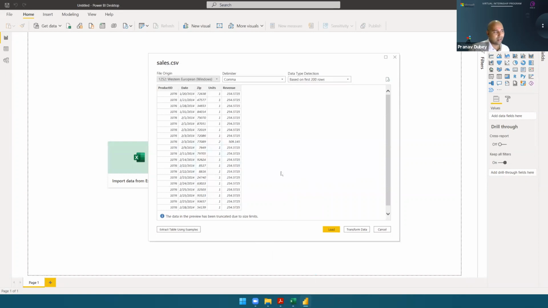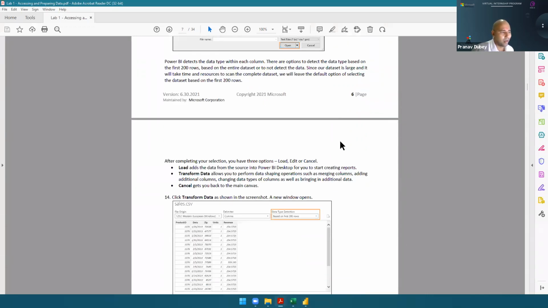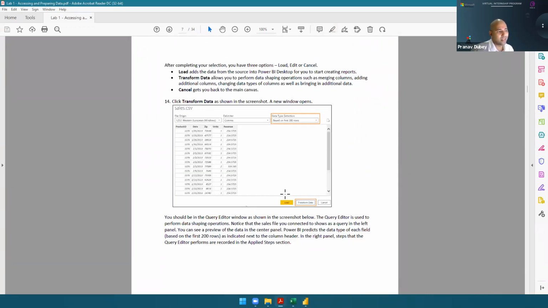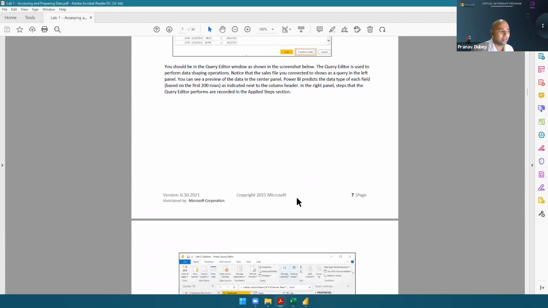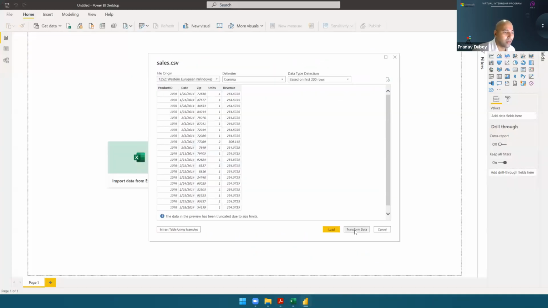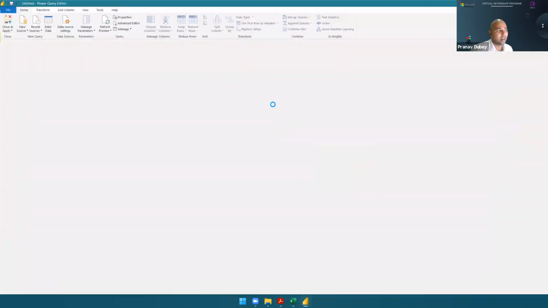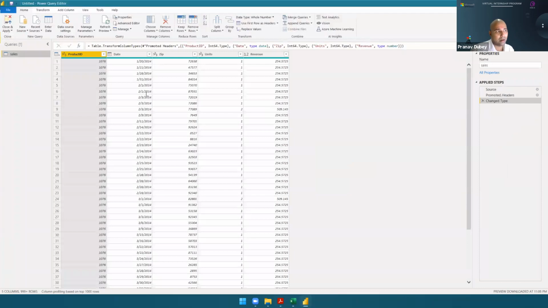Again, just follow the PDF document. Now it's asking you to click on Transform Data, then it will open in the Power Query Editor. The same thing you can do: click on Transform Data. Your data will open in the Power Query Editor, and here we prepare our data. In Tableau, we have a different tool, Tableau Prep, to do data preparation.